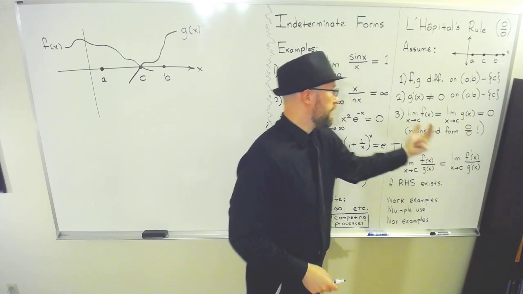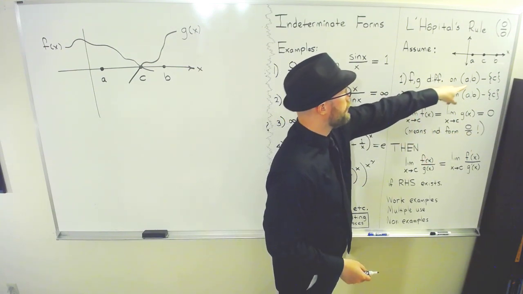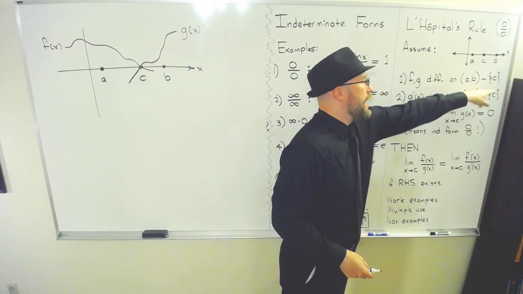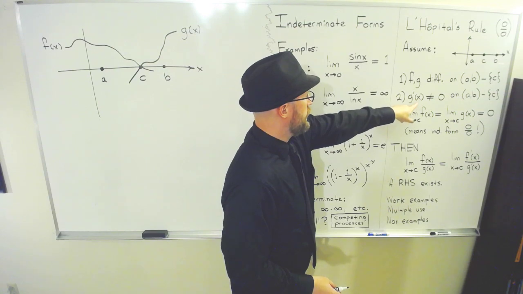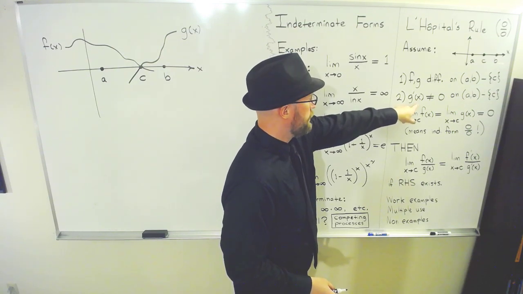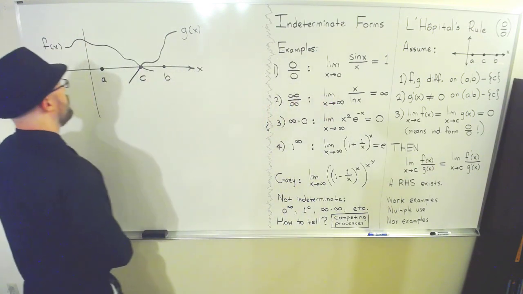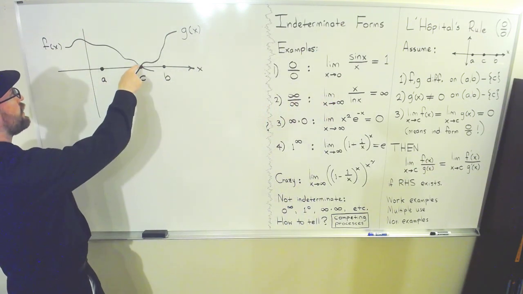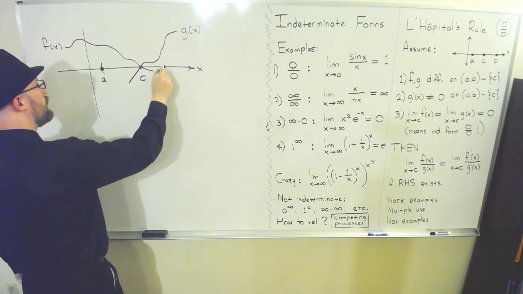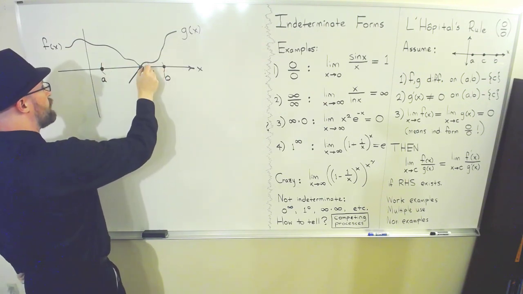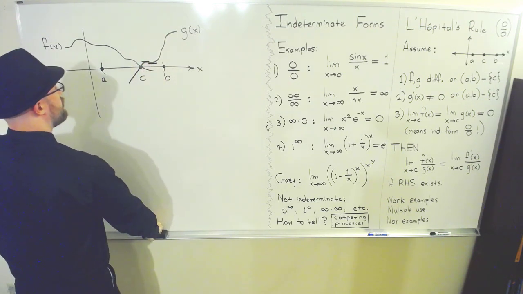Now they may be differentiable at that point, it's just that we don't care whether they are or not. They just have to be differentiable everywhere else in the interval, and they may or may not be differentiable at C. And then it also has to be true that the derivative of g is not allowed to be 0 inside that interval here. And I guess my picture I drew here wasn't good enough, because you see here inside that interval here, g of x does have a place where the derivative, well, two places actually, where the derivative is 0, where the slope is